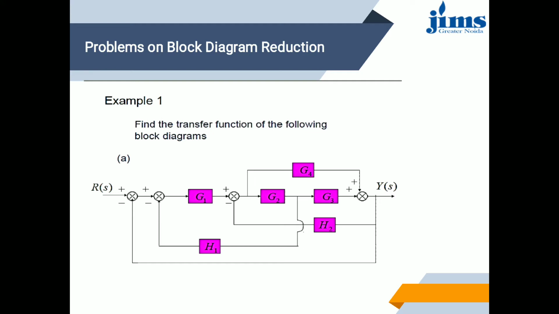Now, first of all, whenever we are discussing a block diagram numerical, what we need to identify is the closed loops. Whenever we have a closed loop, we can find its transfer function easily. Here we can see that we have a closed loop: G2, G3 and G4 is a closed loop. By solving this closed loop, we can find the transfer function and eliminate this block. For that, first we need to move this takeoff point somewhere. We need to either take it there or there.